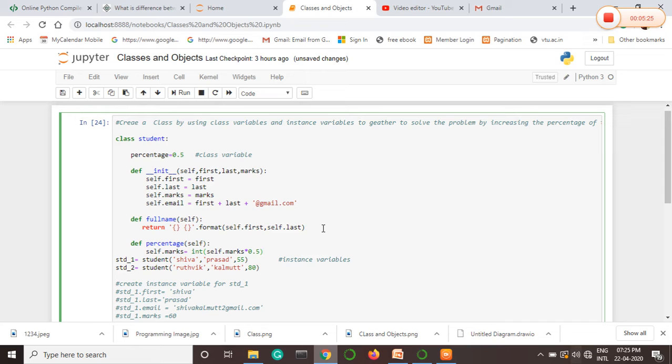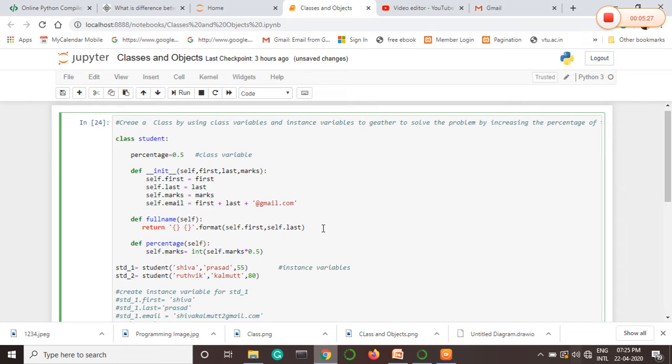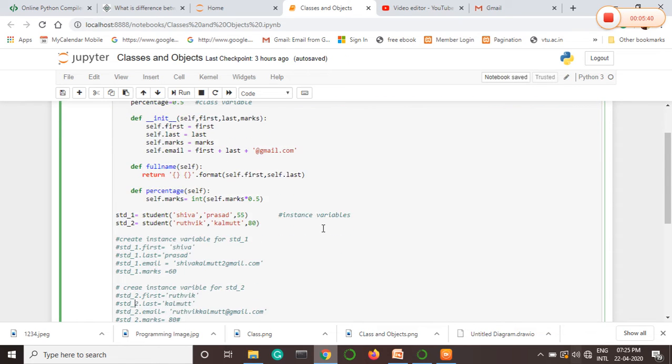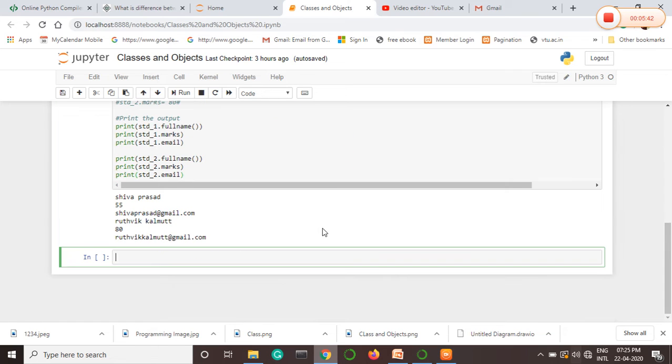Next, we have to use that particular function in our program. So in order to use that function, let us go to the output statement here. Okay, so here I have defined the full name and marks of the student.